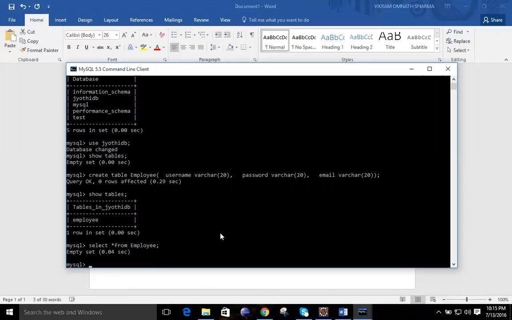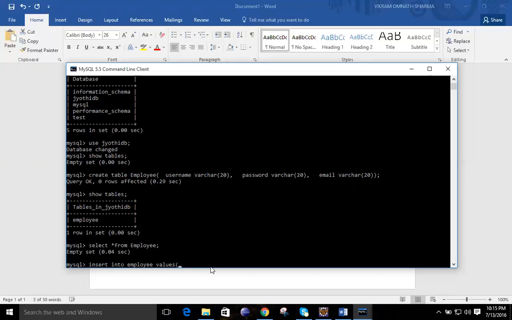How can you insert data into this one? For inserting, we have the insert command. Insert is the command, into is the specification for that: insert into. Where do you want to insert? You want to insert the data into the table employee, and you need to specify the different values to insert over here.